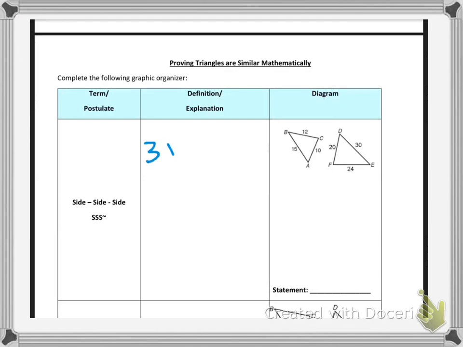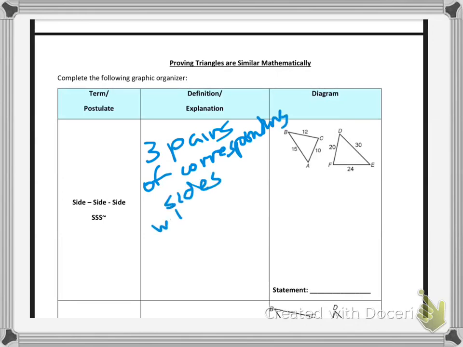So, three pairs of corresponding sides with the same ratio. So in other words, for this one, we have to be able to say that,